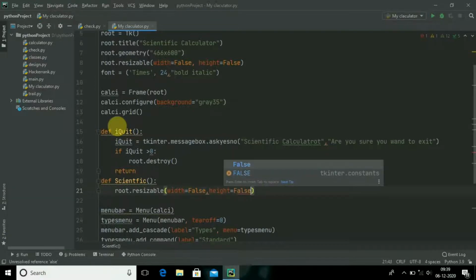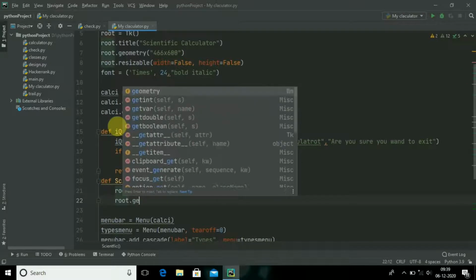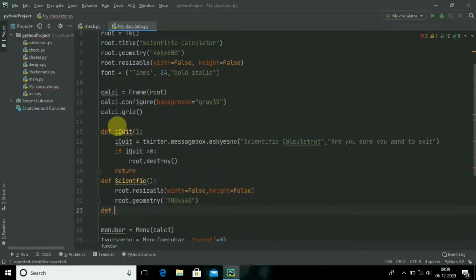Don't worry, it should be on the calculator, and its geometry should be double that one. So I will be writing 780 cross 660.